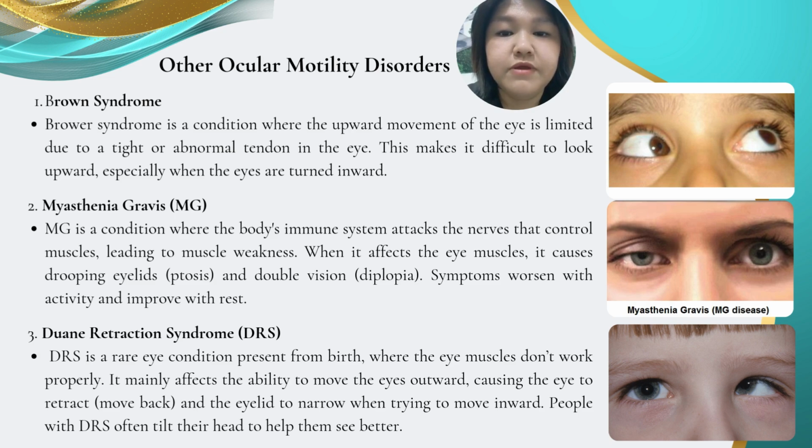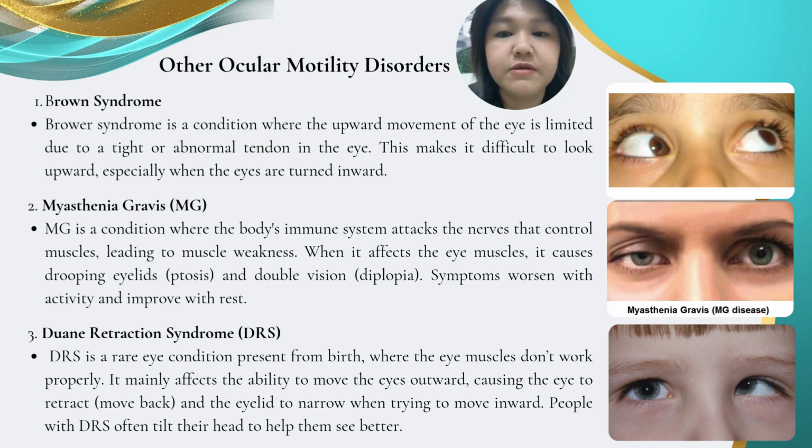First, Brown syndrome. This disorder limits the upward movement of the eyes due to an abnormal tendon. This limitation is especially noticeable when the eyes are turned inward. As a result, looking up becomes challenging for individuals with this condition. Second,